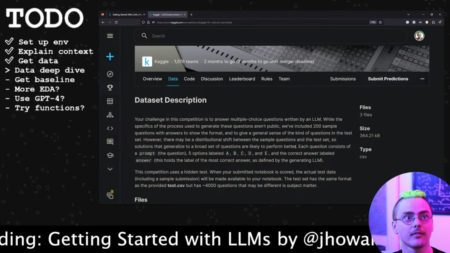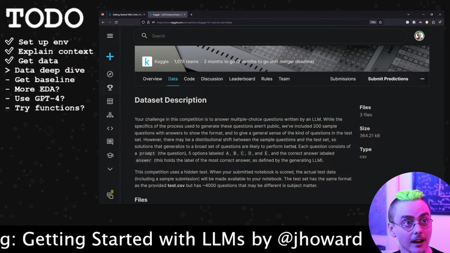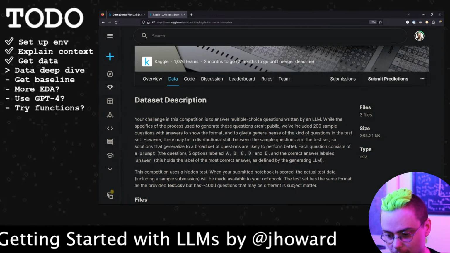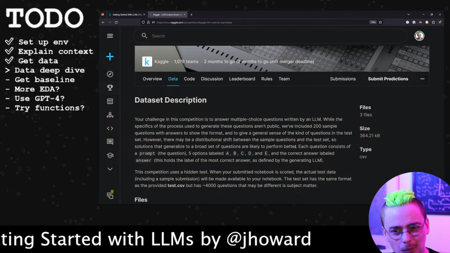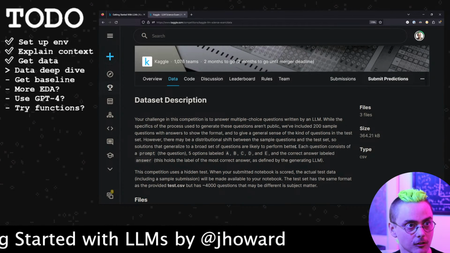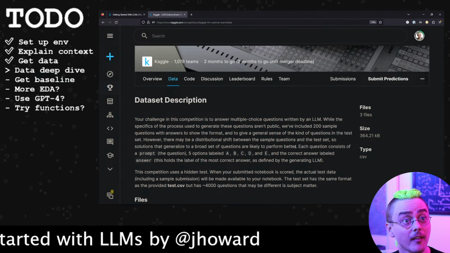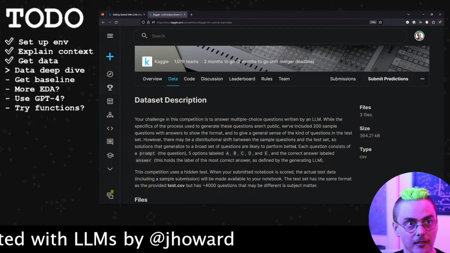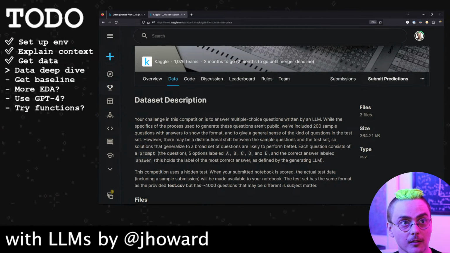I think in real life, when you're not in a Kaggle competition, you maybe have a better sense of what your end downstream goal is, like what actual service you are trying to provide to users, and what users of your library or your application actually care about. In this case, we don't really know, which is an unfortunate feature of Kaggle competitions. In real life, you would let that drive your choices about fine-tuning. For this, I would say that fine-tuning a little bit on these questions is probably important, but I would be very, very cautious about overfitting onto these questions, because this is a very small number of questions.